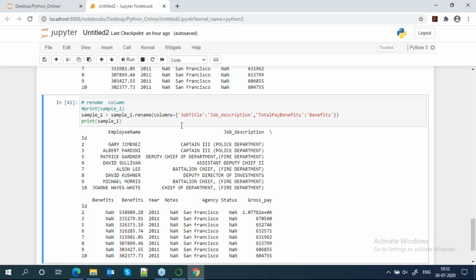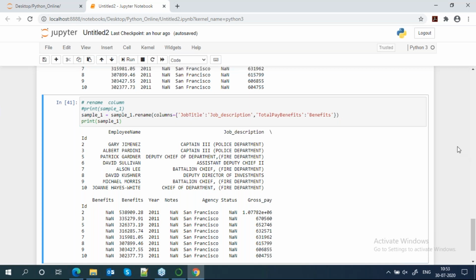So these are the basic operations. If you want to do more kinds of sorting and operations, you can always refer to the documentation, the official Pandas documentation, because there are a lot of methods and each method, like rename, has columns, index, around 13 to 14 parameters.